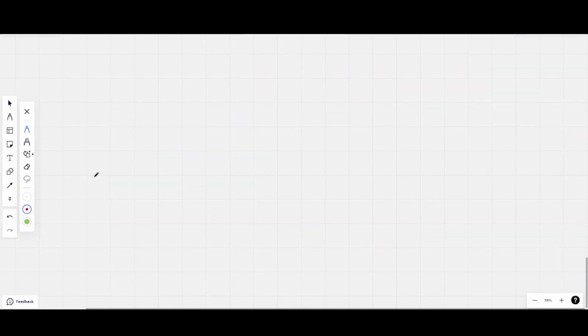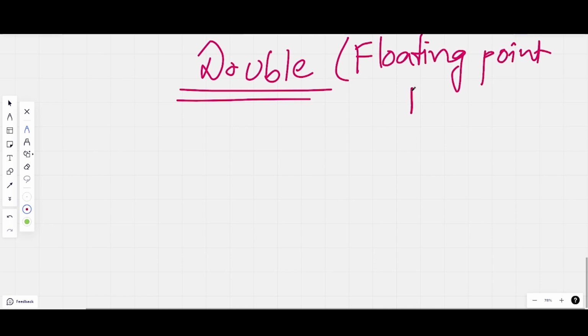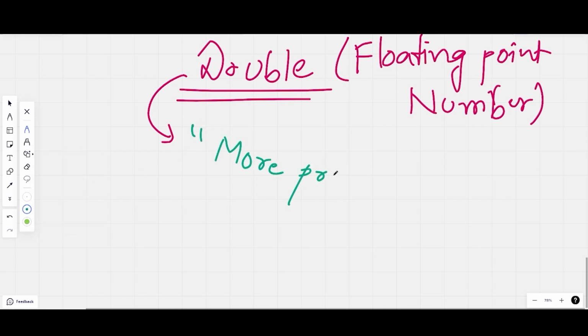Then we have double. Now here you may get confused a bit because double is also a floating point number. So you're going to ask, what will be the difference? Well, it's a very minor but simple difference: double is simply more precise. What does that mean?